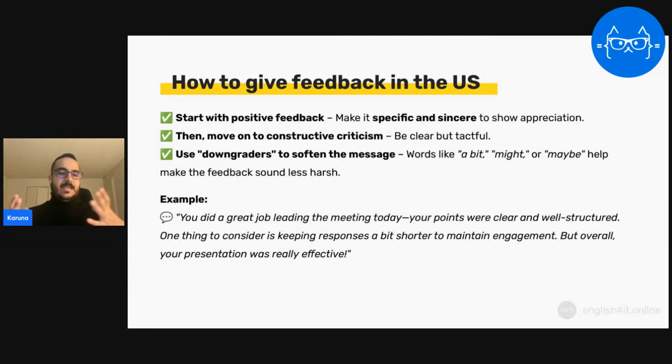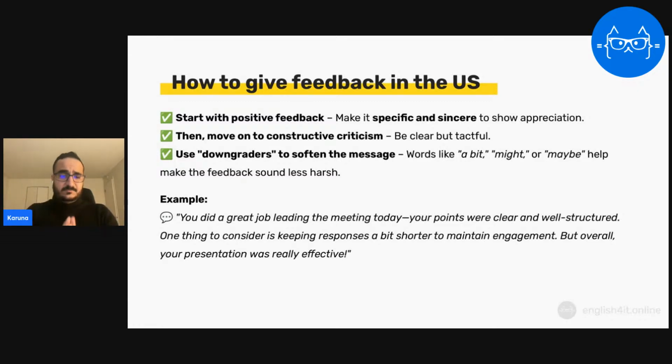I call it the sandwich method, where you start with specific and sincere positive feedback first, then the constructive criticism, clear but diplomatic. Tactful, diplomatic. And they tend to use what I call downgraders,